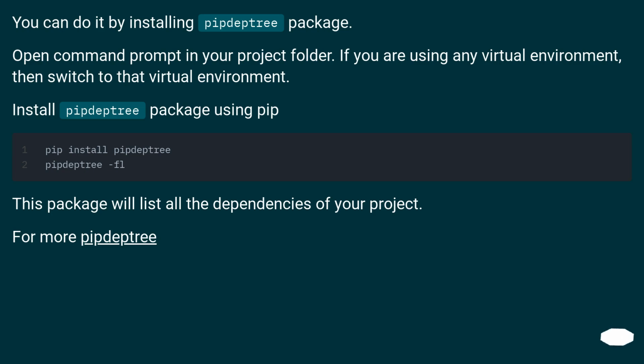You can do it by installing the pipdeptree package. Open command prompt in your project folder. If you are using any virtual environment, then switch to that virtual environment. Install the pipdeptree package using pip. This package will list all the dependencies of your project. For more on pipdeptree,